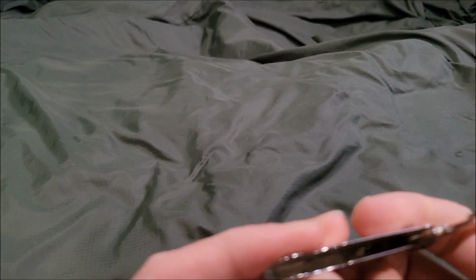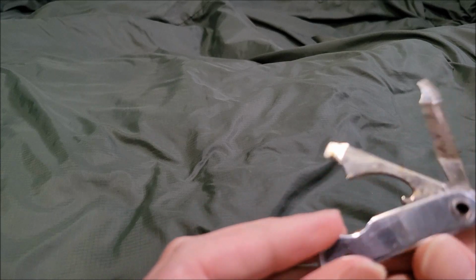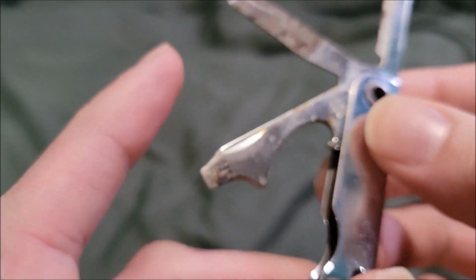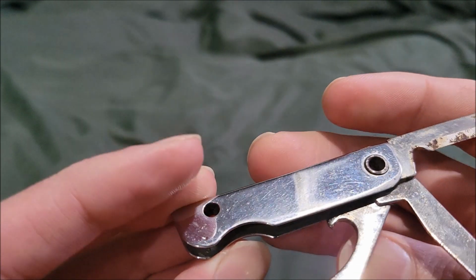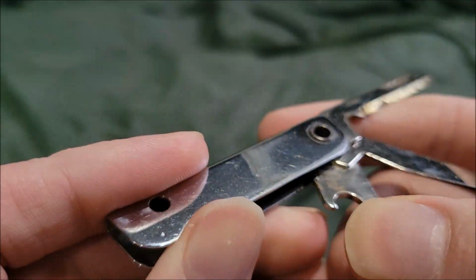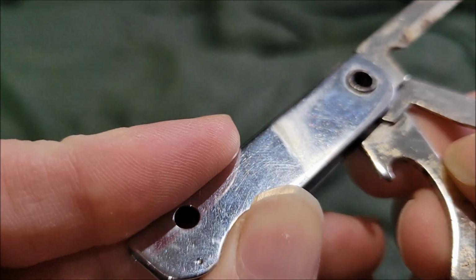Now, this one is quite a pretty simple piece. I mean, it's a big old piece of steel, probably one piece with a cutout hole in there too. One giant pin to hold all the pieces, and one to put like a lanyard or a bead chain, stuff like that. Let's see, this one has